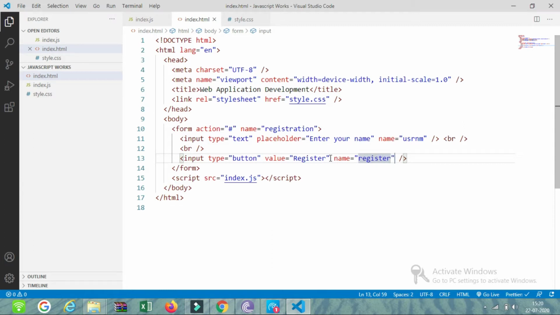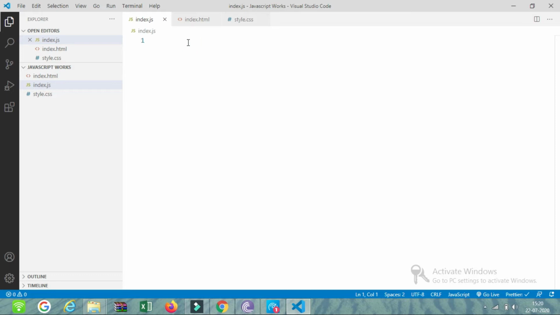Using this form's name and this user element, this element, which is within the form, can be accessed. And using the form name and this element, we can access this submit button also. Let's check how we can do that. For this purpose, I will create a variable, var submit button, equal to document dot